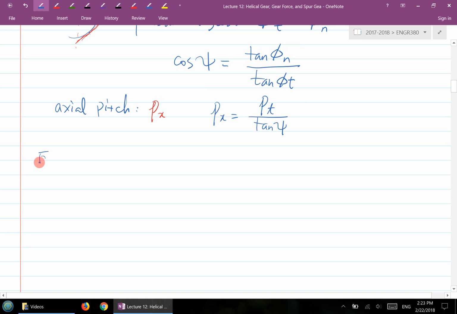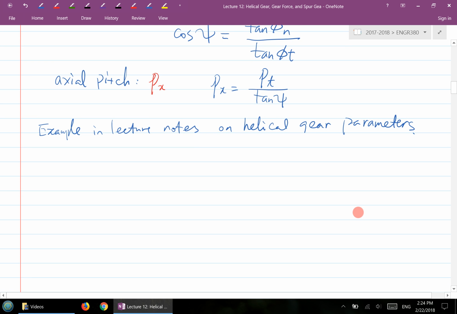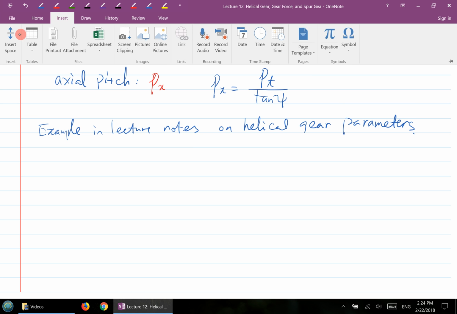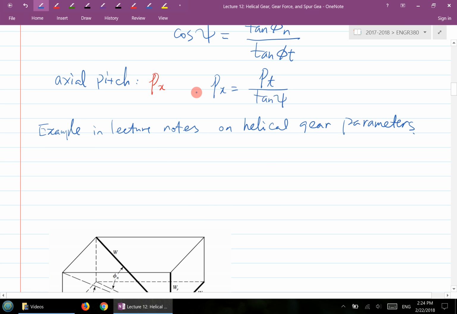Anyway, take a look at the example in the lecture notes. I'll skip that example here on helical gear parameters. But what I want you to make sure to understand is the next one, because you could be designing a gear using spur gear, and in that case you need to apply the following knowledge, basically